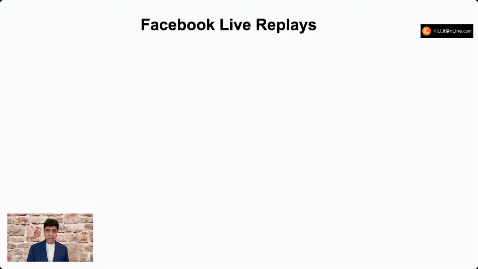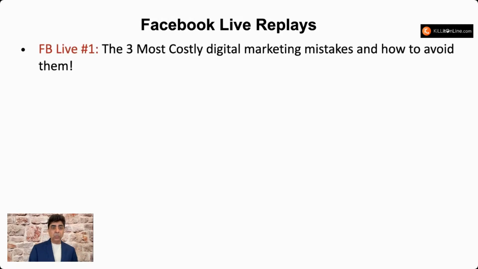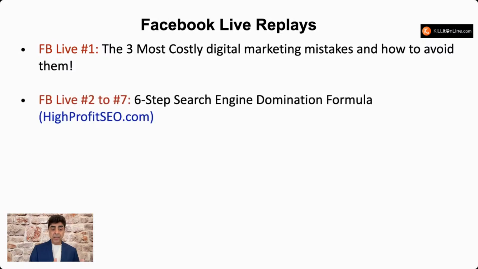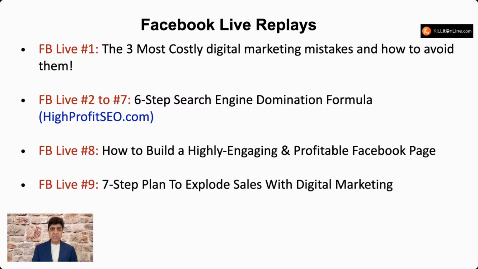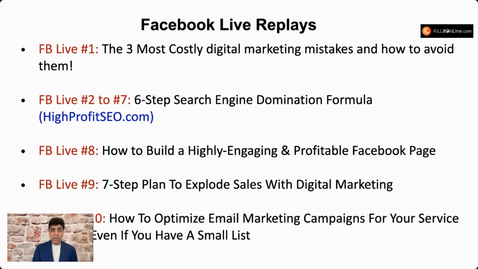So here are the previous 7 Facebook Lives that I did in the past 9 weeks. Number 1 was the 3 most costly digital marketing mistakes and how to avoid them. Then I have a 6-step search engine domination formula. Facebook Live number 2 to number 7, which means 6 weeks, we spent talking about the search engine domination formula. Number 8 was how to build a highly engaging and profitable Facebook page. Number 9 was a 7-step plan to explode sales with digital marketing. And of course, today is how to optimize email marketing campaigns for your service business, even if you have a